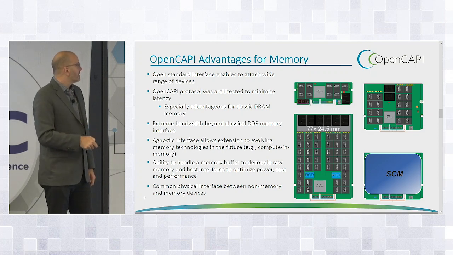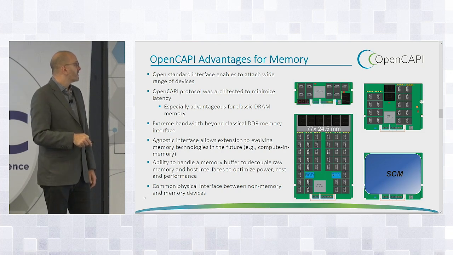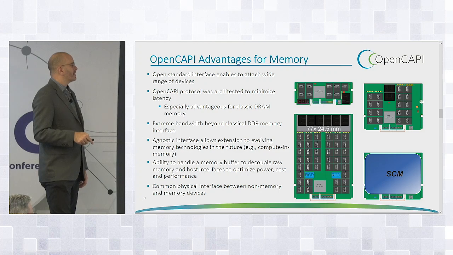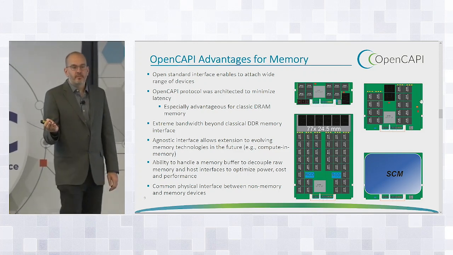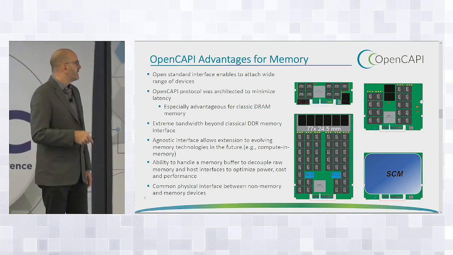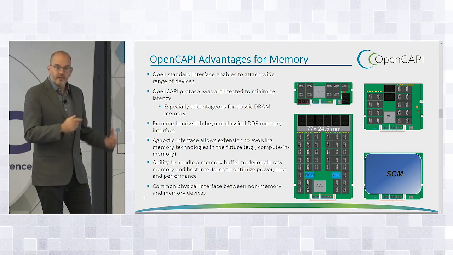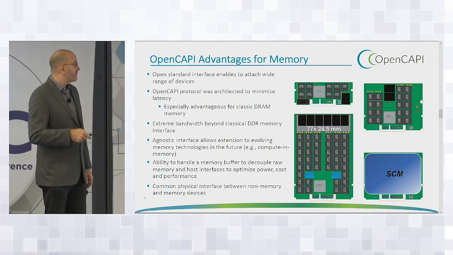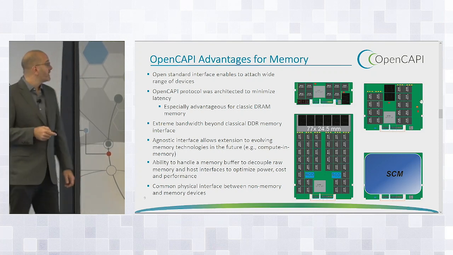And what we've done here is we've made a variety of memory form factors. This connector you'll see later in a little bit, as are the form factors. But we built a buffer chip. You can think of this as equivalent to an LR buffer chip, but instead of talking DDR out one side, it talks differential signaling. Then it talks to DRAM devices, and we have different varieties of these. We have short ones to fit in little 1U servers. We have tall ones, which have higher RAS or redundancy features. It could be phase change memory, storage class memory. It could be any variety of things.